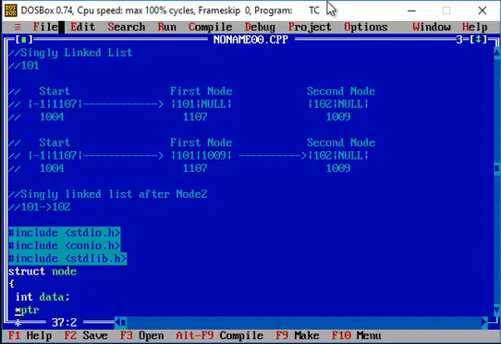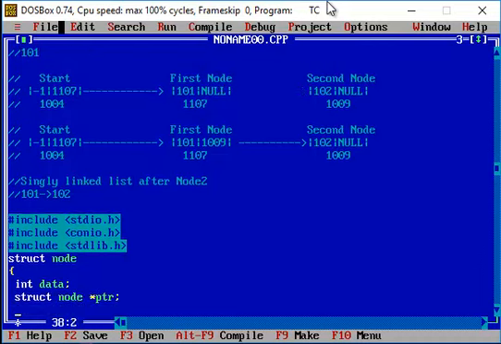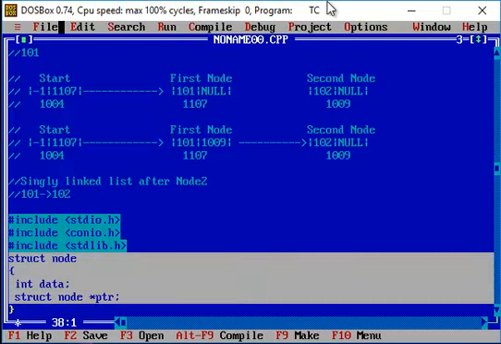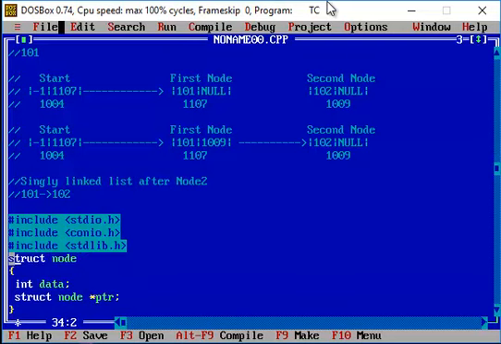In order to hold the address of the next node, I create a pointer variable that will hold the address of another node, so its data type is the node itself. This is called a self-referential structure, where one of the structure members is a reference to the structure itself.